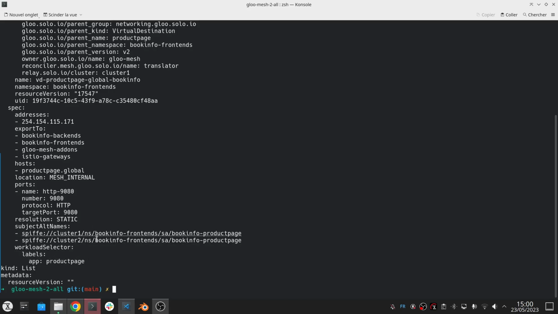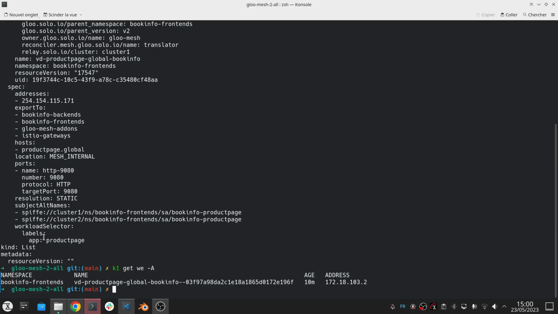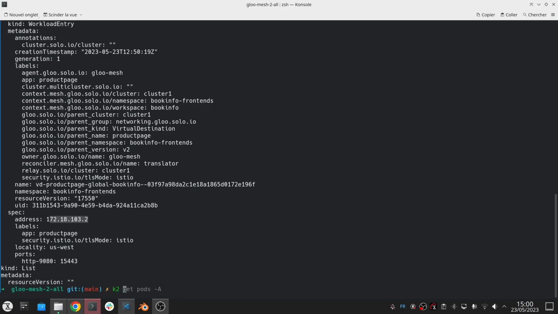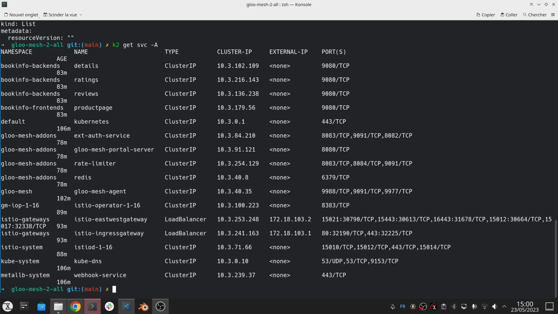That's why we were seeing this round robin between the local and the remote cluster. The local cluster is selected here by this workload selector, and it also selects a workload entry that is created that also has this label, so it's selected as well, and that gives the IP address of the east-west gateway of cluster 2, right? So if I go to cluster 2 and look at these IP addresses, I can see this is the one of the east-west gateway. On cluster 2 you also have a gateway object that is defined and so on, but just to show you that basically